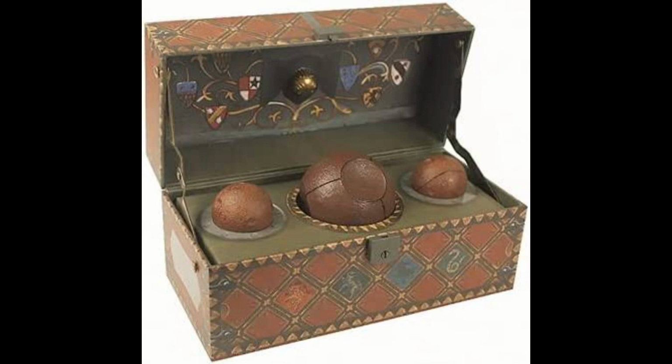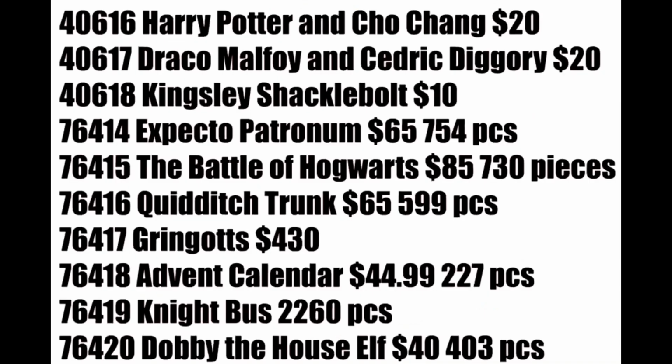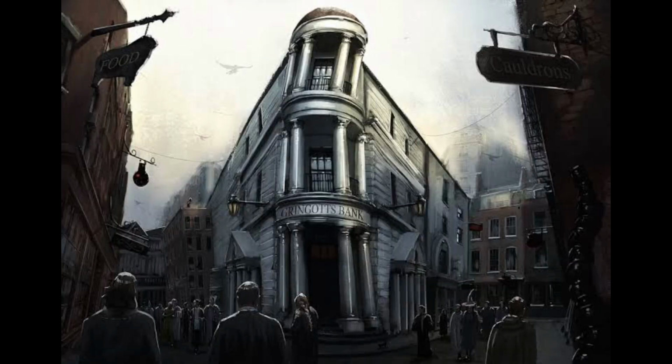So I'm interested to see how they manage those curves and that sphere design. As for Gringotts, a lot of people are definitely really excited for this set, especially myself, because we've never really gotten a specific Gringotts set that includes the outside as well as the inside. The only time we've actually gotten a Gringotts is in the Diagon Alley set in 2010, and